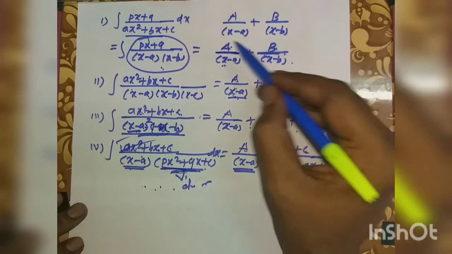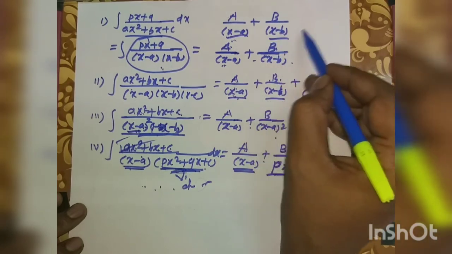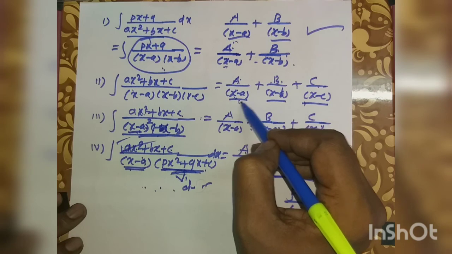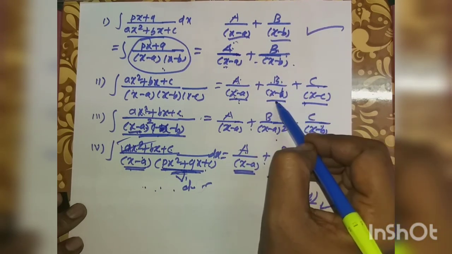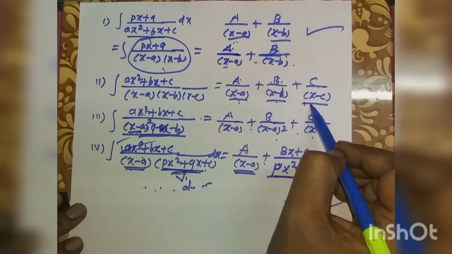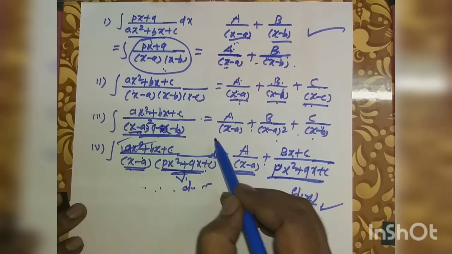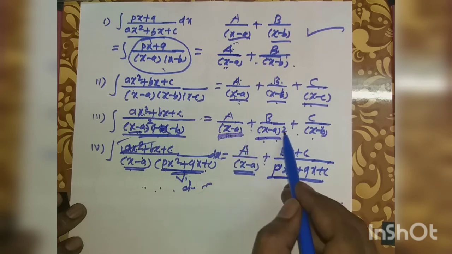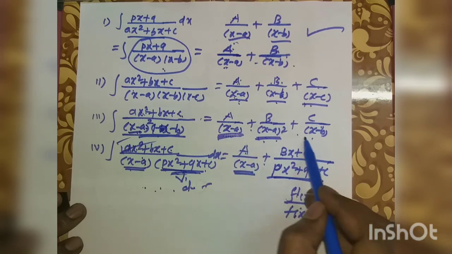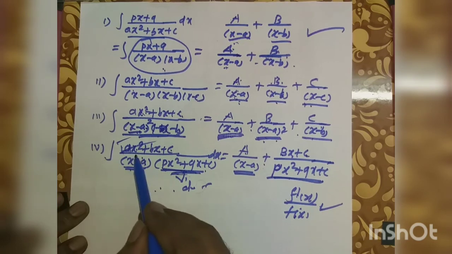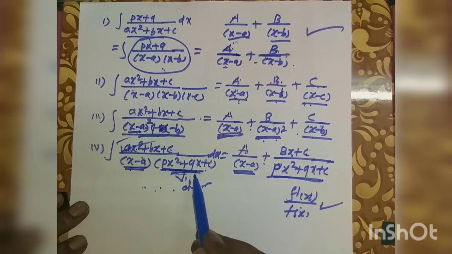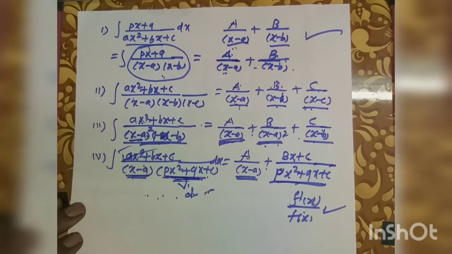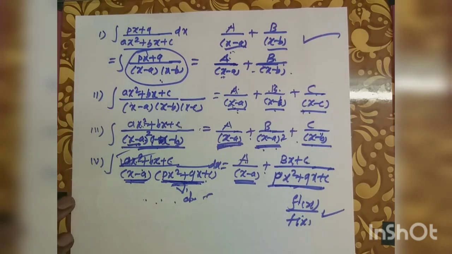First is a divided by the first factor, b divided by the second factor. Second is a divided by the first factor, b divided by the second factor, c divided by the third factor. Third is a repeated factor, then b divided by this repeated factor; we take only one factor out of the remaining factors. And last is one factor and one non-factorized quadratic equation, then apply this formula. Now we take an example on this article.